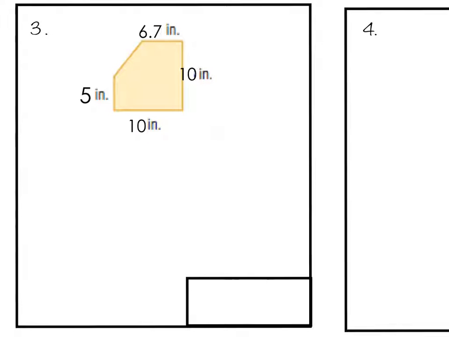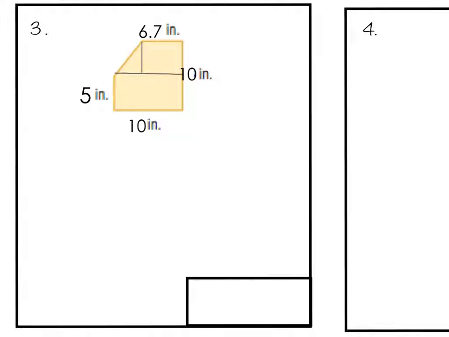Number 3 has quite a bit of shapes in it, so I'm going to draw here all the shapes that I see. I've split up this composite figure into 3 different shapes. I have 2 rectangles and 1 triangle. So let's break this down because we're not given quite everything that we need. We need to figure out a couple of missing items. So let's first look at this